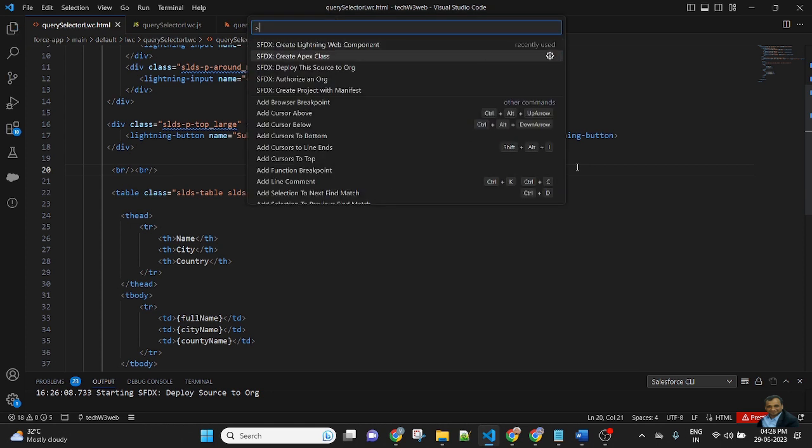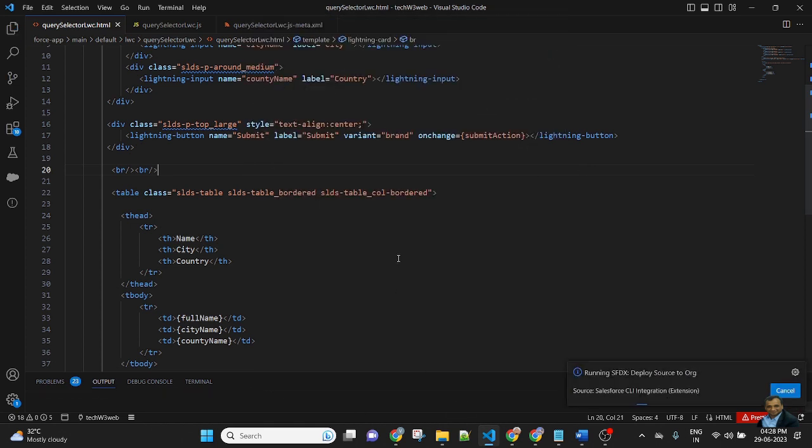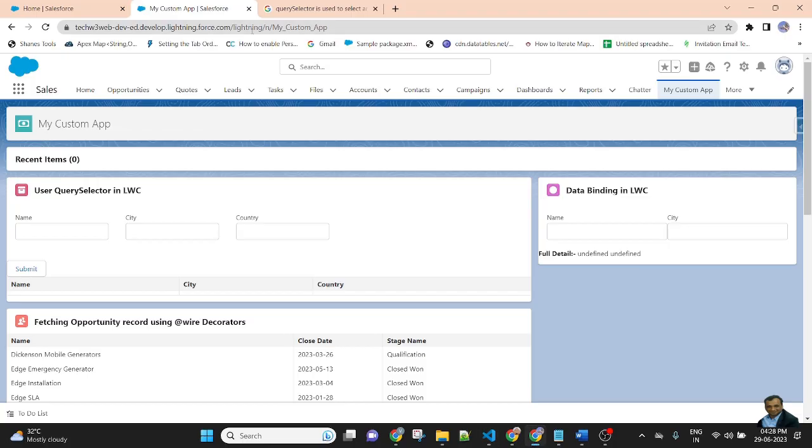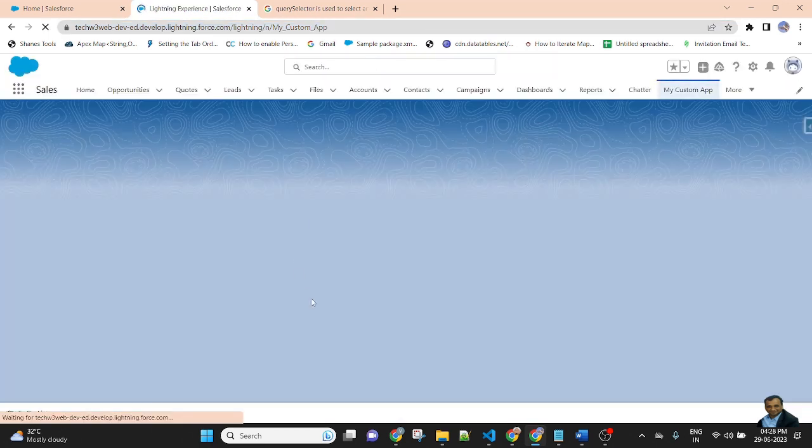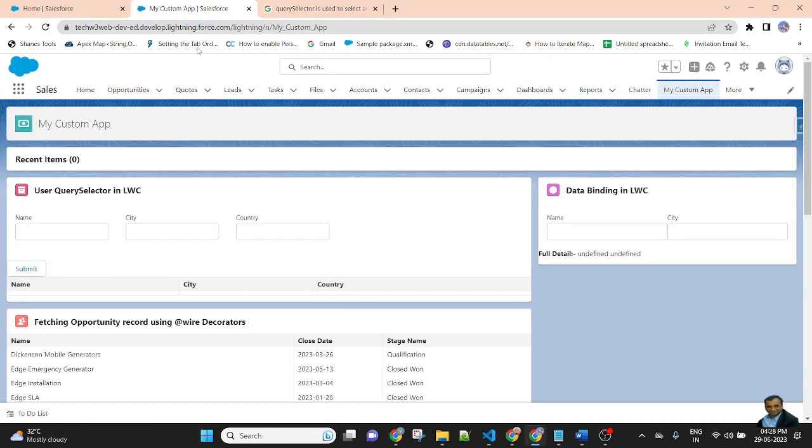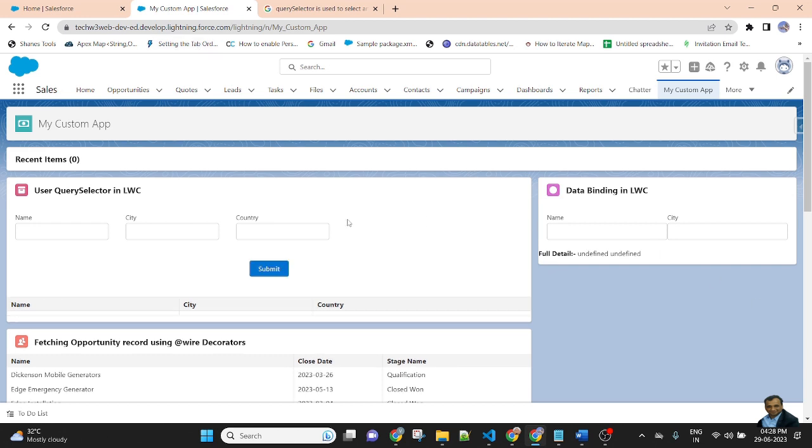Now deploy this code. Now refresh the page. After refreshing the page, you can see the submit button goes to the center, and there are three input fields: name, city, and country.